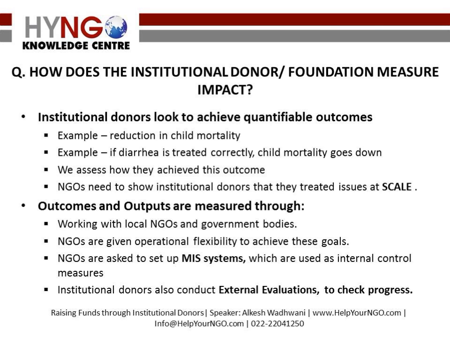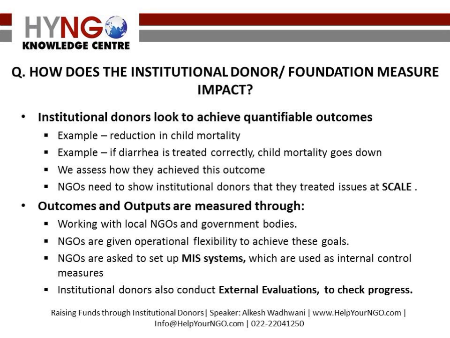Our typical view of impact is that we should achieve outcomes, and outcomes are things like reduction in, for us, say, maternal mortality, or reduction in TB, or reduction in childhood mortality, and areas like that. Now, to achieve that, we have what most organizations or NGOs call a theory, which says that if some things happen, then deaths will go down.